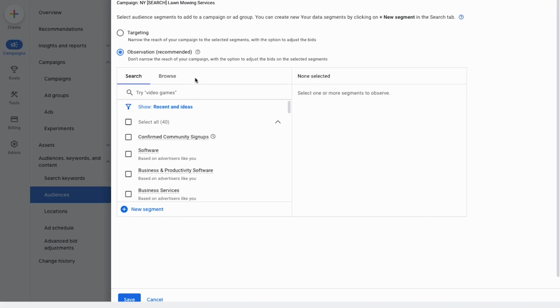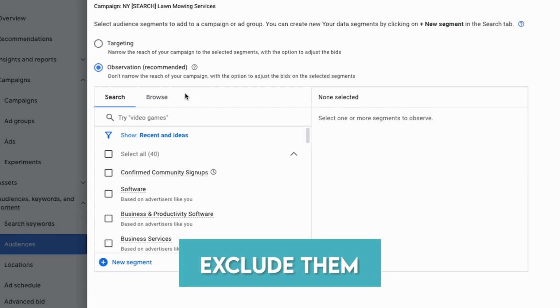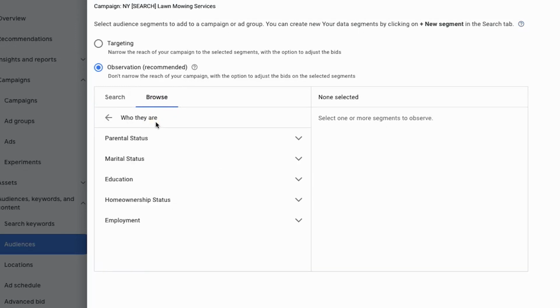And the reason why this is so valuable is because it will help you understand what audiences are actually generating you the conversions you're looking for. And also the flip side is you're going to be able to understand what audiences are not generating you conversions, and therefore you can exclude them from your campaign and save a lot of money. Make sure it's marked as observation, and then we click browse,